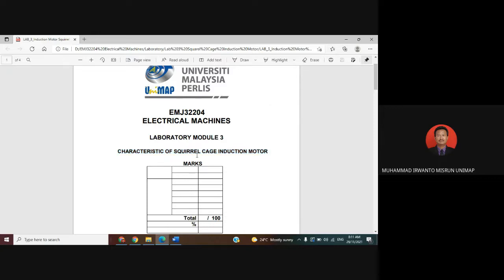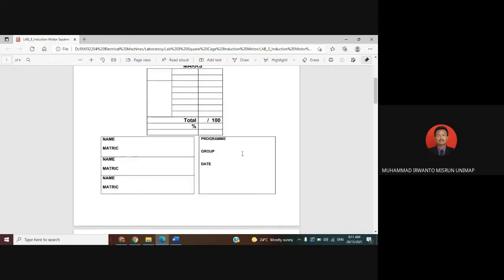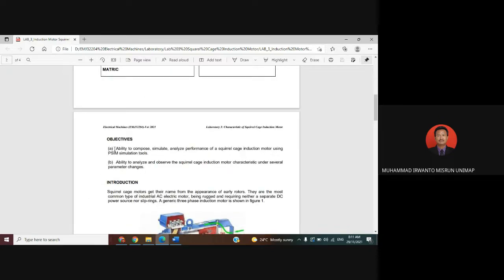Okay, now I repeat again. This title is Characteristic of Squirrel Cage Induction Motor. The objectives: A, ability to compose, simulate, and analyze the performance of a squirrel cage induction motor using the PSIM simulation tool. B, ability to analyze and observe the squirrel cage induction motor characteristics under parameter change.